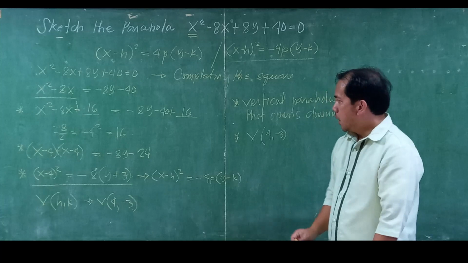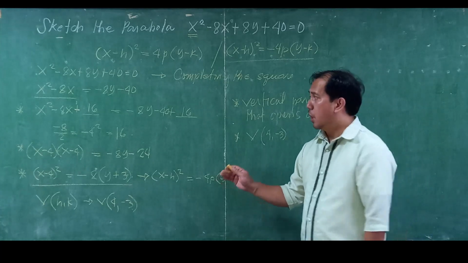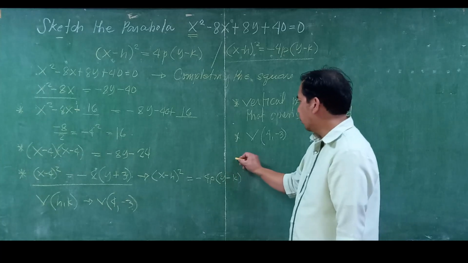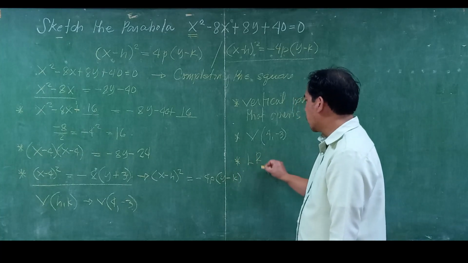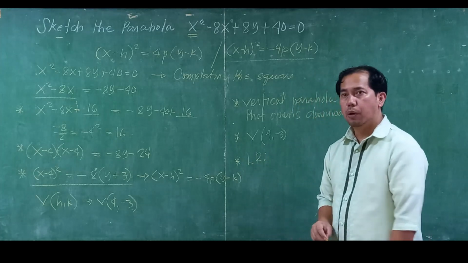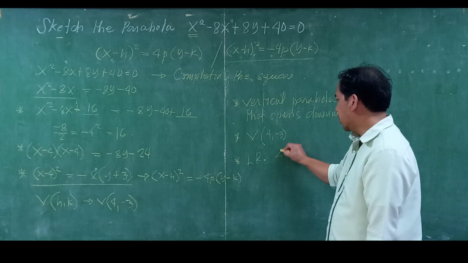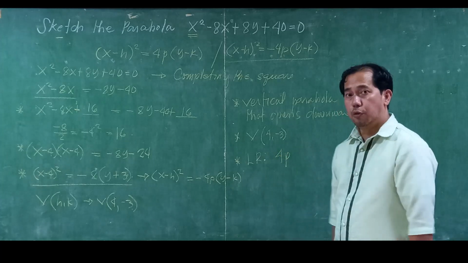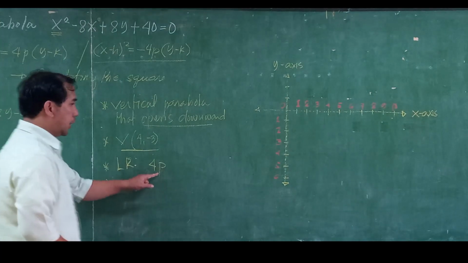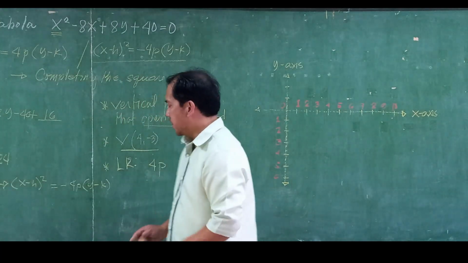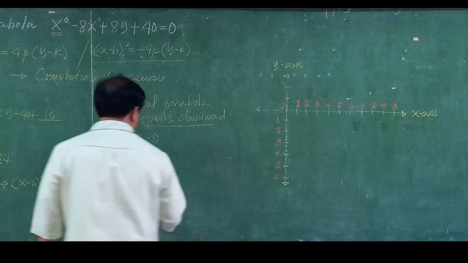Now we are ready to sketch, but of course we have to look for the measure of the latus rectum. What did we say about the latus rectum? The latus rectum is always 4p, and that 4p is equated to the latus rectum that you can see in the standard form, that is the same as